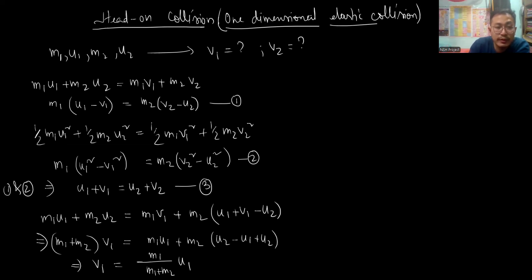So m1 by m1 plus m2 u1, plus 2 m2 u2 minus u1 terms. Collecting the u1 terms, we get m1 minus m2 by m1 plus m2 times u1, plus the u2 terms, u2 plus u2 gives 2 u2, so 2 m2